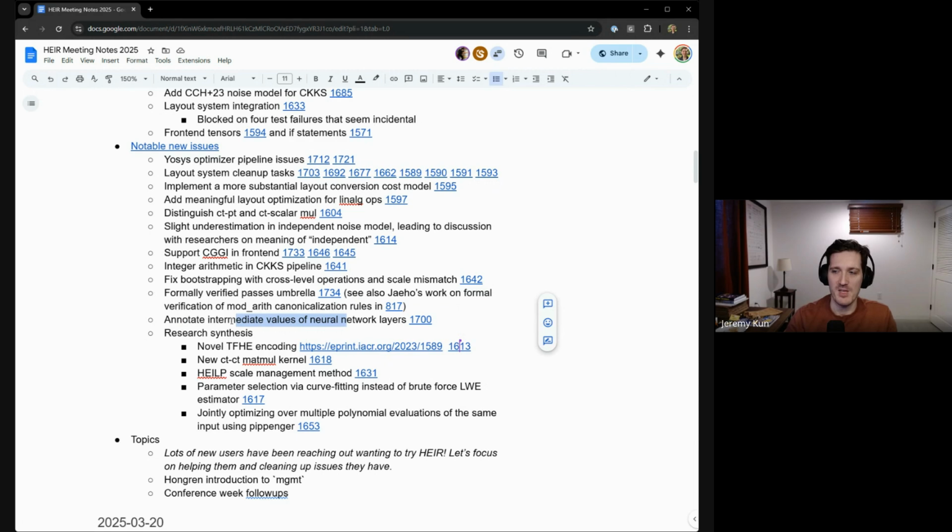So we were talking about maybe looking at the more structured case of neural networks and having a way to annotate the SSA with: run your trained neural network with some sample data, extract bounds at each layer of the model, and then annotate that on the IR, and then preserve it in such a way that when we lower it to linalg, we would then have an annotation at every SSA value of range bounds on the underlying SSA values.